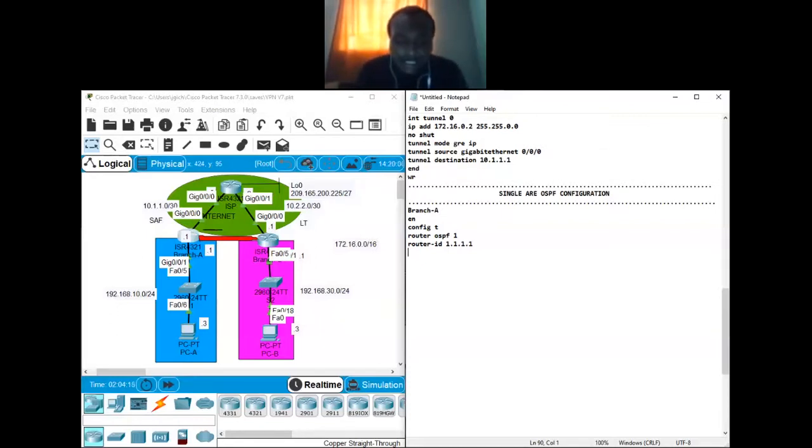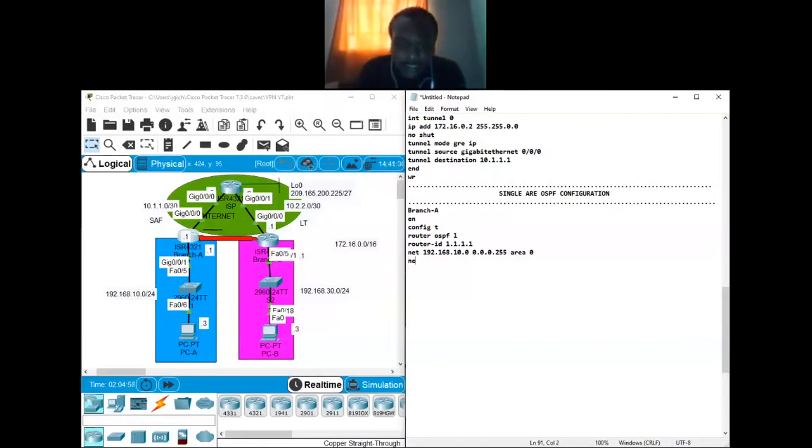After the router ID, network. You can write the entire statement network, or you can use the short form, which is net. We have 192.168.10.0. You can use the specific device, or you can say the entire network. For me, I'll permit the entire network, 0.0.0.255. Remember, this is a wildcard mask, and then you say area 0. If you're doing a single area OSPF, everybody must be in the same area, and it's not just usual, it's mandatory that you use area 0. Everybody together, area 0. It's the backbone area. We call it the backbone area.